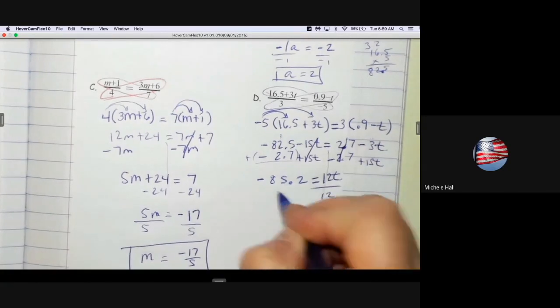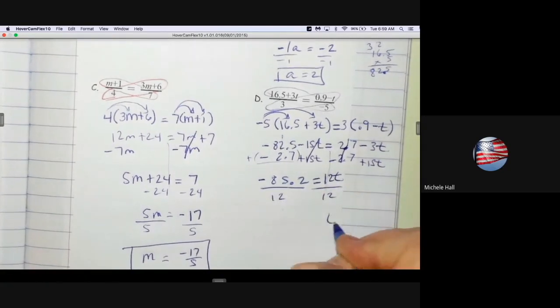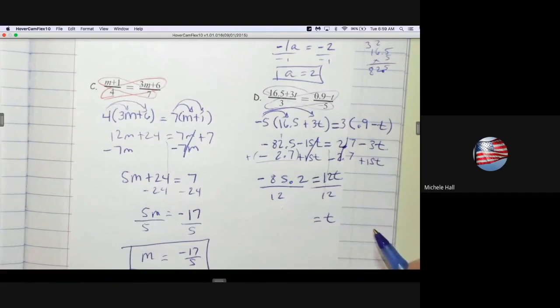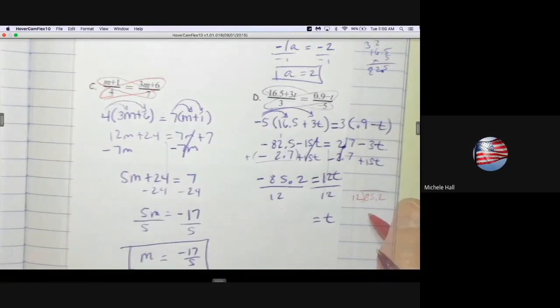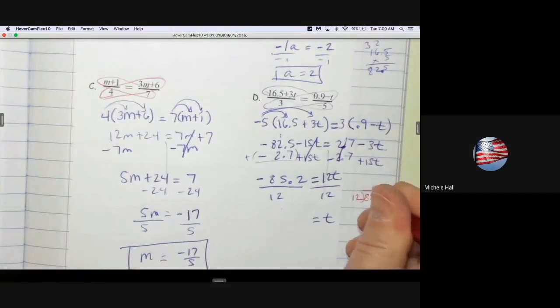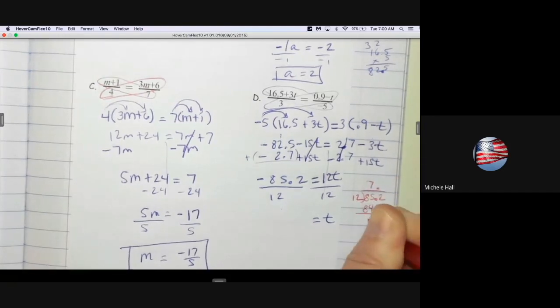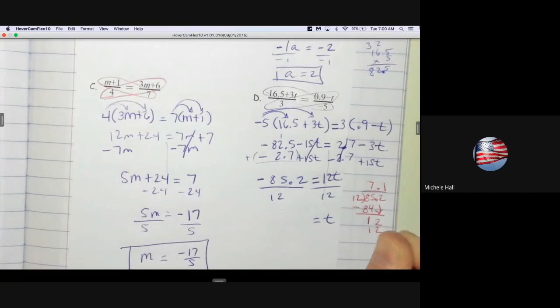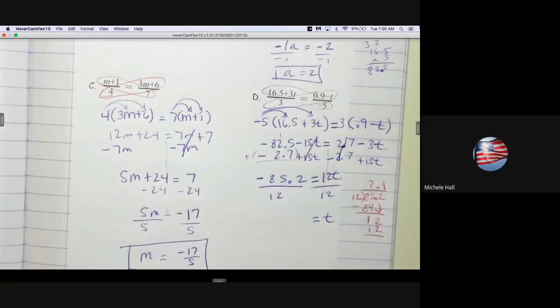Divide by 12, divide by 12. T equals, whole number here, decimal up, 7, 84. Subtract, and the last number works out evenly. We get T equals